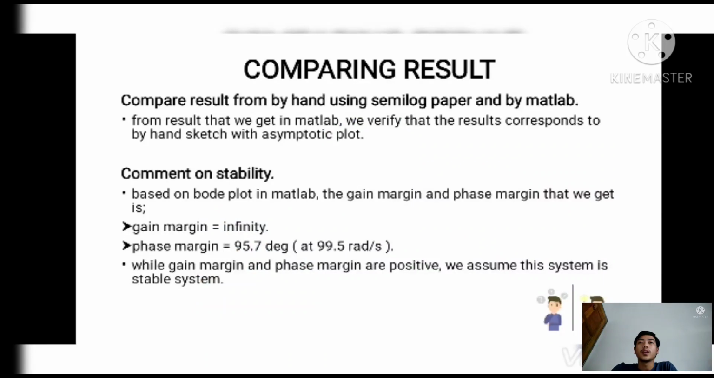And then we go to the comparing result. So we compare the result by hand using semi-log paper and by MATLAB. From the result that we get in MATLAB, we verify that the results correspond to the by-hand sketch with asymptotic plot. And then for comment on stability, which is margin, based on the Bode plot in MATLAB,